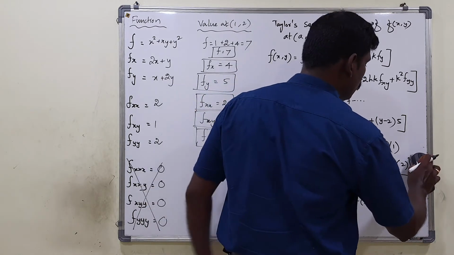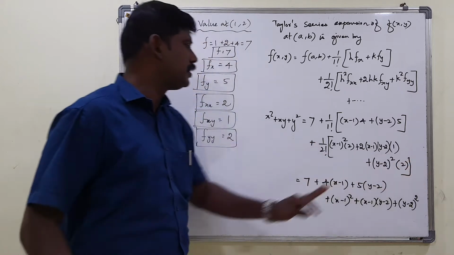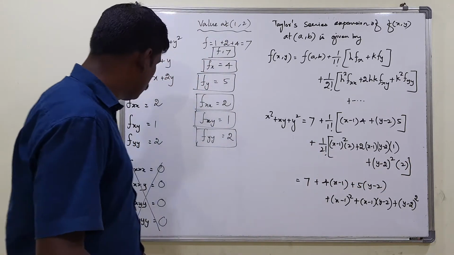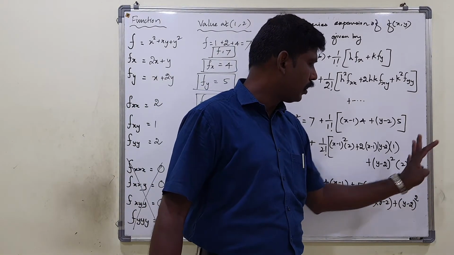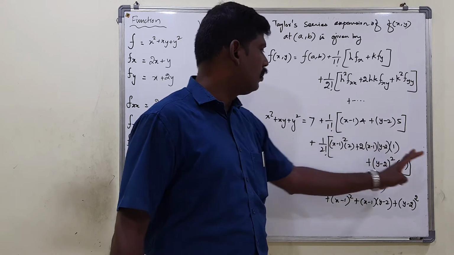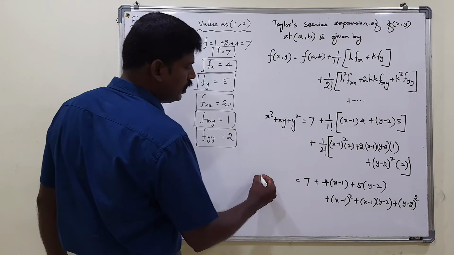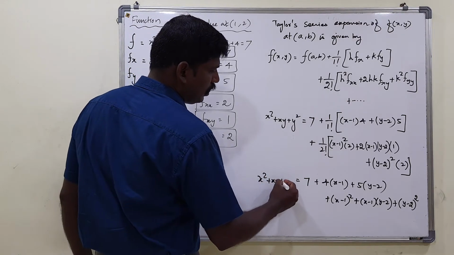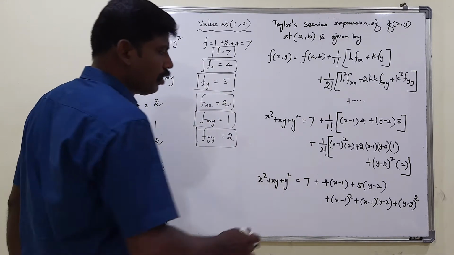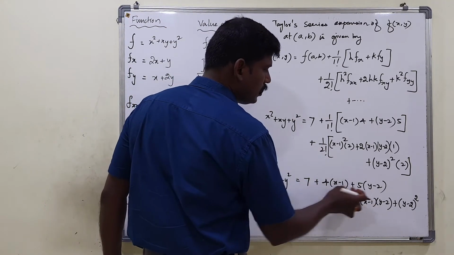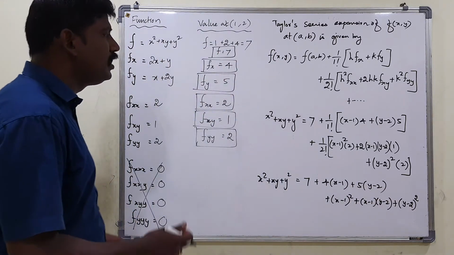Okay, no need to put the dot dot dot. Why? Because the Taylor series expansion is already terminated up to this third term, isn't it? So all the further terms become 0, so no need to write plus dot dot dot. And this is the Taylor series expansion of the function x square plus xy plus y square at the point 1, 2. Here, look at that, you can get the Taylor series expansion in powers of x minus 1 and y minus 2. That's all. So a very easy problem.